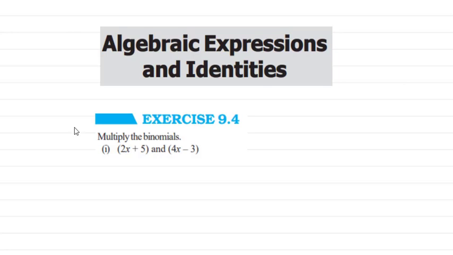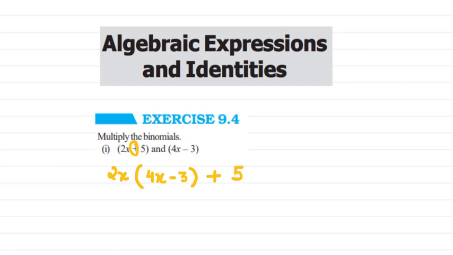Here we have to multiply the binomials. This question is from exercise 9.4, algebraic expressions and identities. Whenever you have to multiply binomials, here we have 2x in the first term, so 2x will be multiplied with all the terms in the second one. Here you can see you have a plus sign, so the plus sign will come,